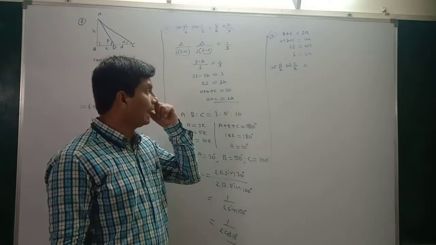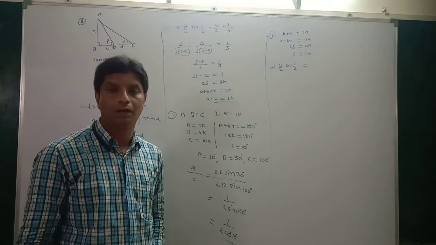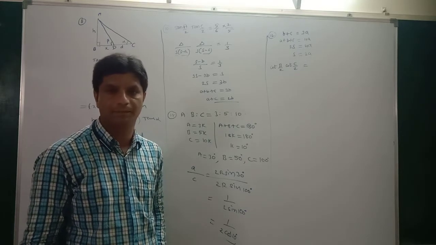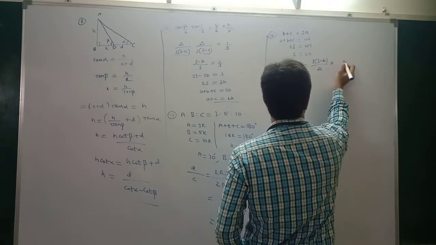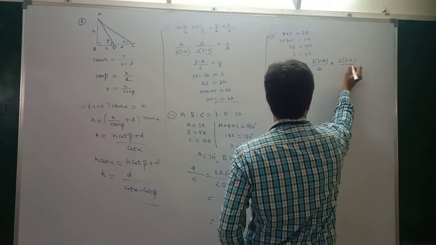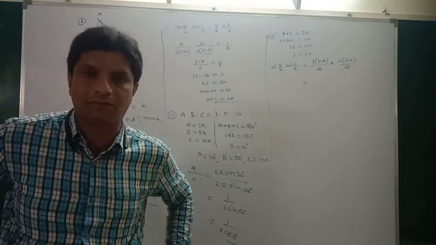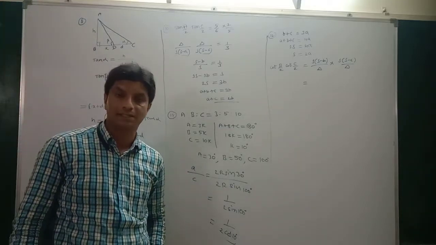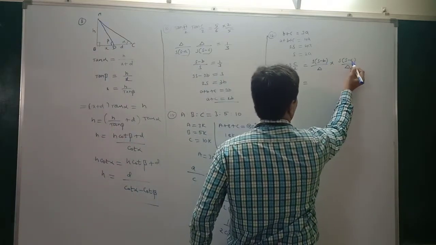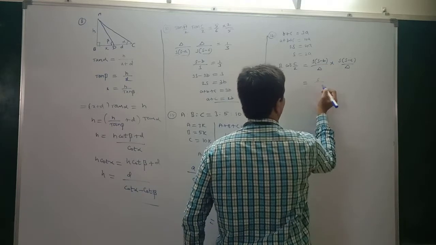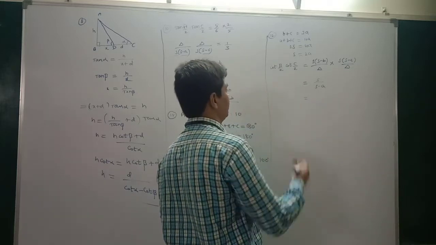We don't have a direct formula for cot B by 2. So, s into s minus b. What is cot B by 2? Reciprocal. S into s minus b by delta into cos C by 2. S into s minus c by delta. Delta into delta in the denominator is delta square, which is s into s minus a into s minus b into s minus c. So s minus b, s minus c cancel. One is cancelled. Remaining denominator only s left. What is left in the denominator? S minus c. Okay, after simplification.